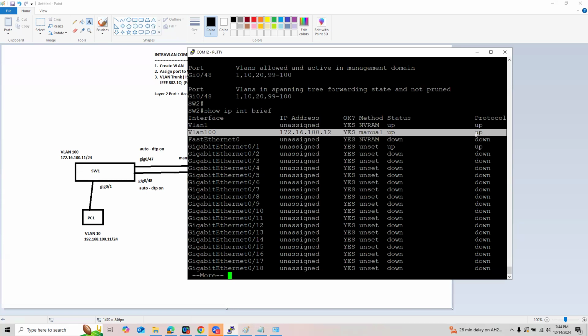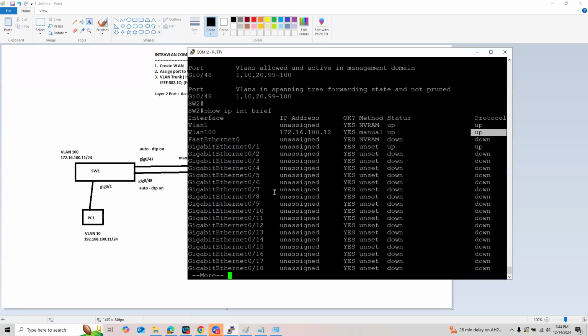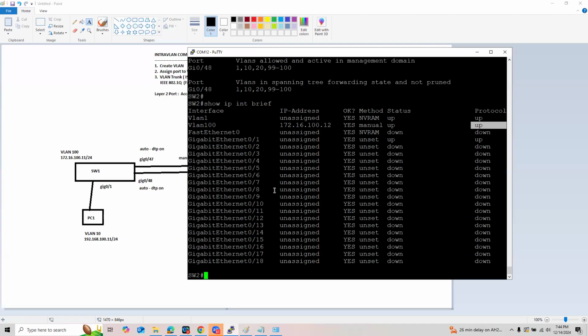The reason why it's up is because there's already one port that is active, which is associated with VLAN 100. And what port is that? That's port 48, because port 48, guys, is a trunk.